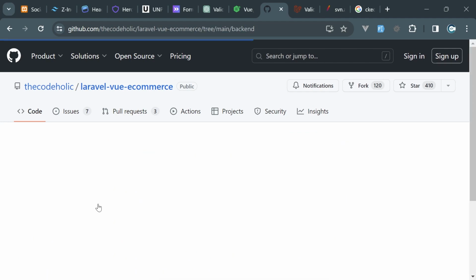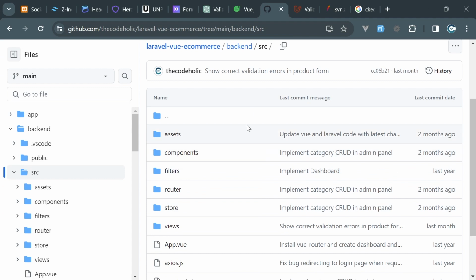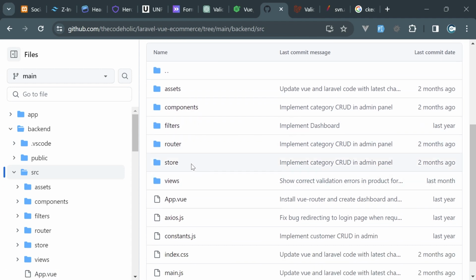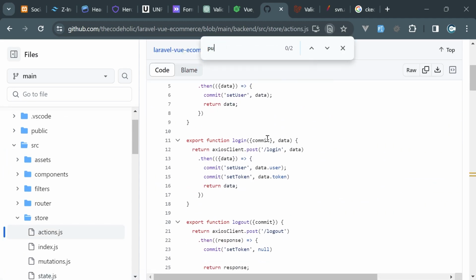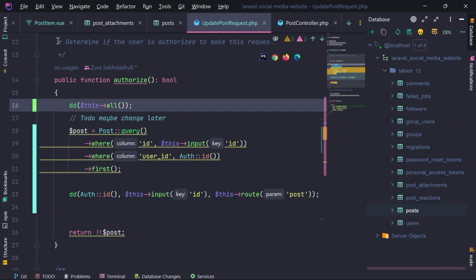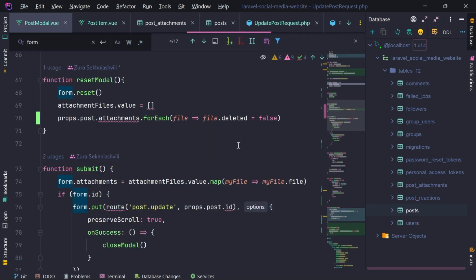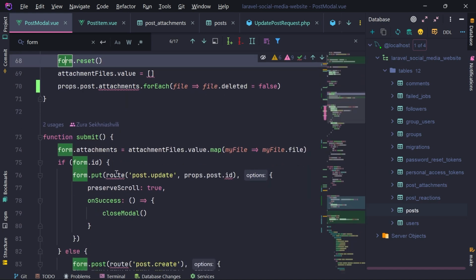And let's go to the backend and source. The backend is actually the vue.js part. So in the source, we have store and we have actions. And I'm going to search for put, the word put. Okay, the method put. Okay, so I think we need to provide method put, but we are going to actually make the post request. So if I open now my modal, the form, okay,